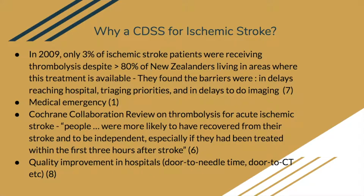And again, it's a medical emergency, meaning that this is a priority when someone comes in with symptoms of ischemic stroke. So it would be really helpful to have some sort of clinical decision support to help clinicians make a decision for these patients. And due to the Cochrane collaboration showing thrombolysis as an effective and safe treatment, if in the correct setting and within 3 hours, it suggests that if we have the resources and we have the people who know how to do it,